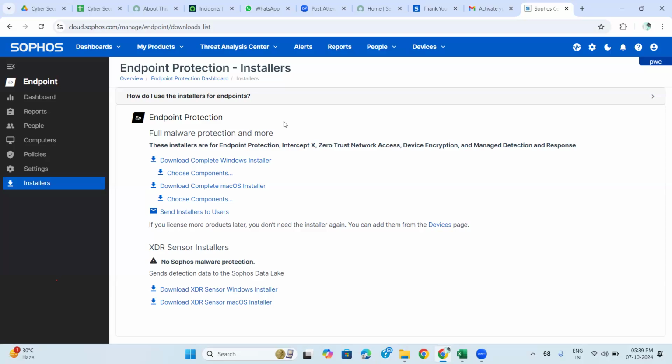Now you can see here, this is dedicated and applicable only to endpoints, laptop or MacBook or workstation or desktop. Under endpoint protection, full malware protection and more. You can see download complete Windows installer. That is the Windows EDR agent. Next one is for the MacBook. Mac OS is different. Mac is from Apple and Windows is from Microsoft. Both are two different companies and two different operating systems. This one we also discussed theoretically. So next one is